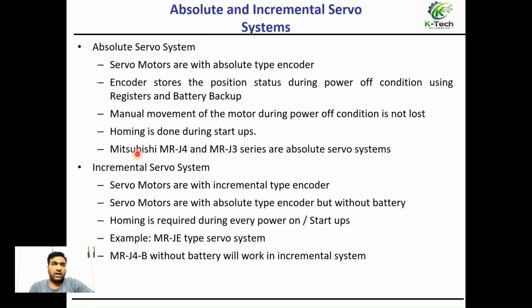Okay, so this is a photo of the absolute encoder. Now about the absolute and incremental servo system. The absolute servo system is a servo motor with an absolute type encoder. So this is about the servo system, not positioning. If you want to hold your position during power on off condition,